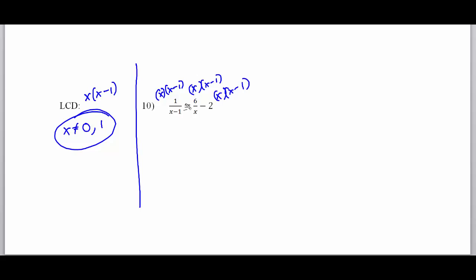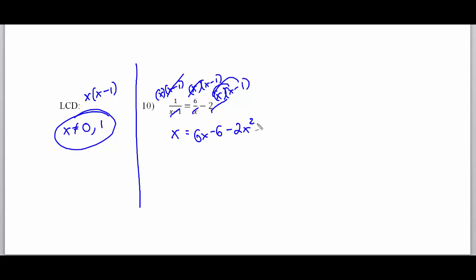I call them balloons in class because we can pop the balloons, and whatever's left over gets multiplied by that other number that's left. So I pop this balloon, and this is going to then be 6x minus 6. And none of these balloons get popped, so this is technically 2x times x minus 1. So we're going to have a negative 2x, and then the negative 2x times the negative 1, so